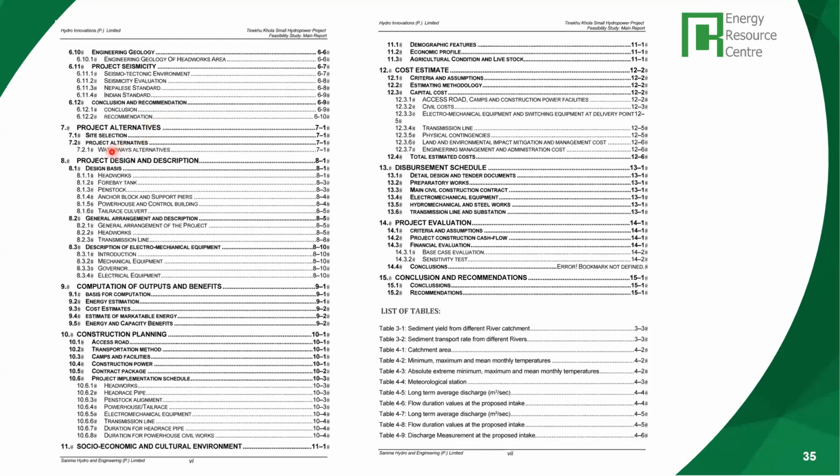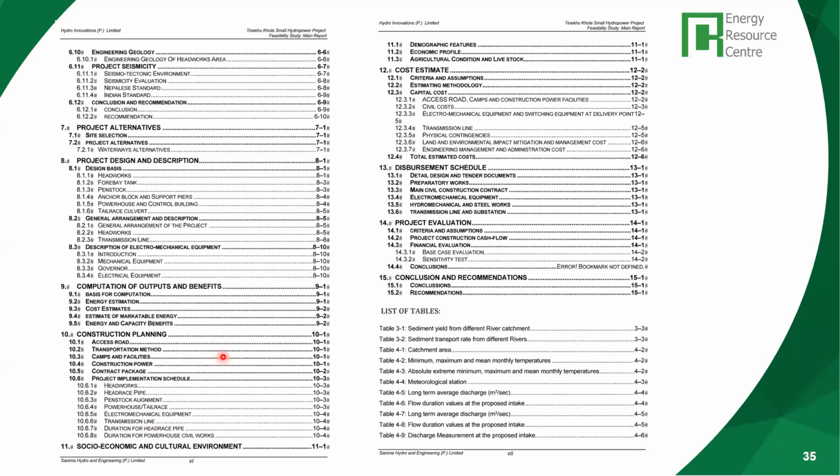Then the project alternatives. Any feasibility study has to look at alternatives. If you do not have an option assessment, it's not really a feasibility study. So the alternative assessment is an important part, because you want to get the most cost-effective, technically viable project. And then you have the project design and description of different components. I have covered that quite a bit. Outputs and benefits,